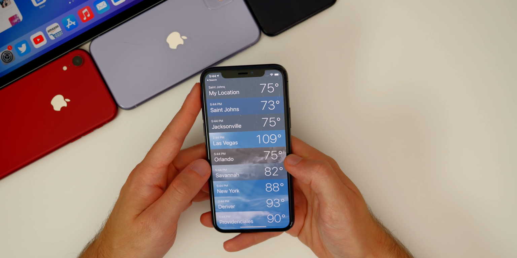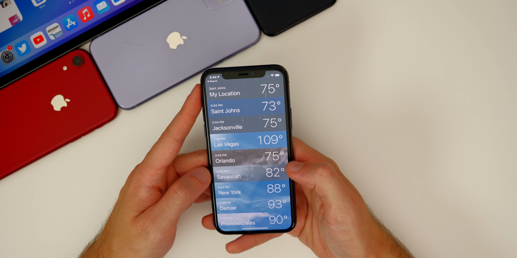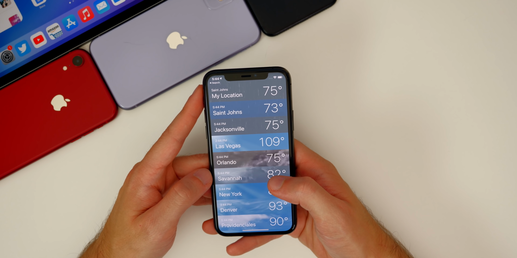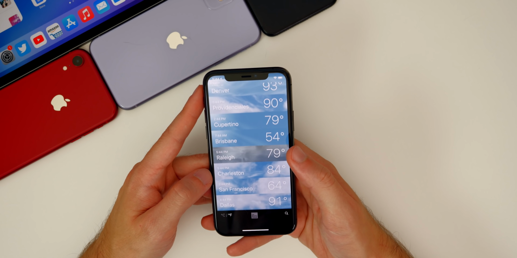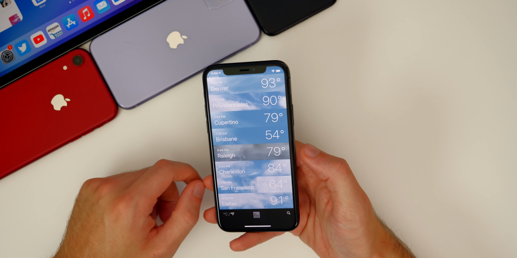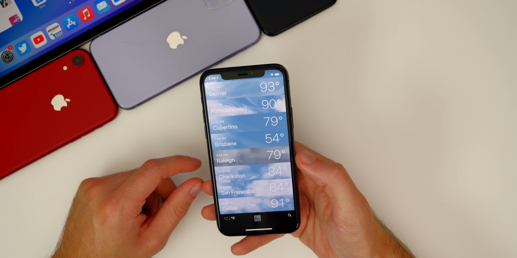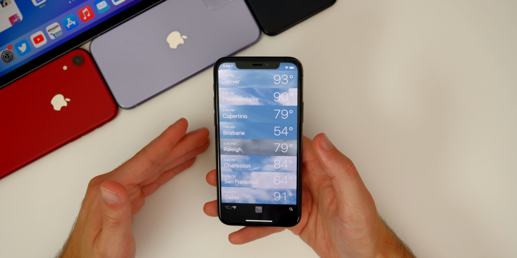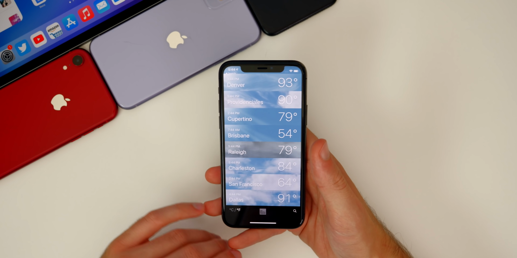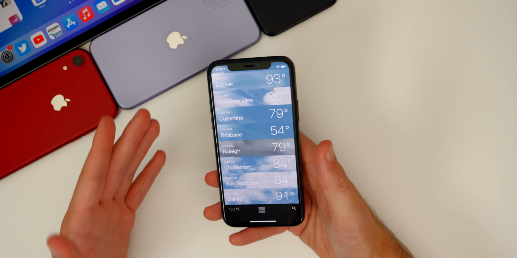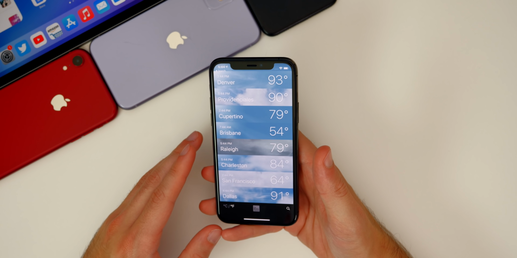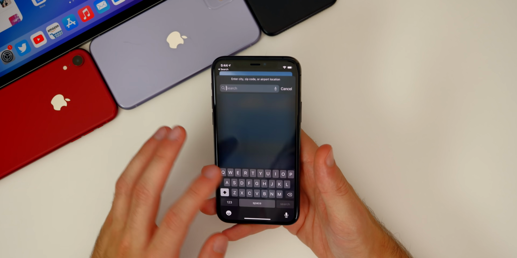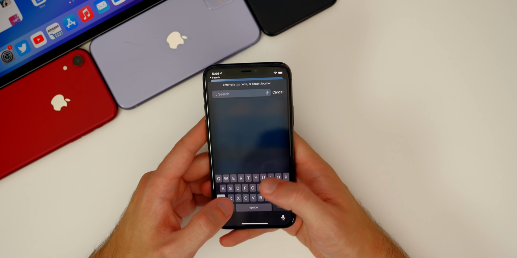We also have a couple of cool little hidden features in the weather app in iOS 14. So as you guys have probably done in the past, if you want to see what the weather's like for a destination that you're going to, like if you're traveling somewhere and you want to see what the weather's like before and while you're there, but maybe after your trip is over with, you don't really care about the weather there anymore. Well, now in iOS 14, you can actually check the weather of that location